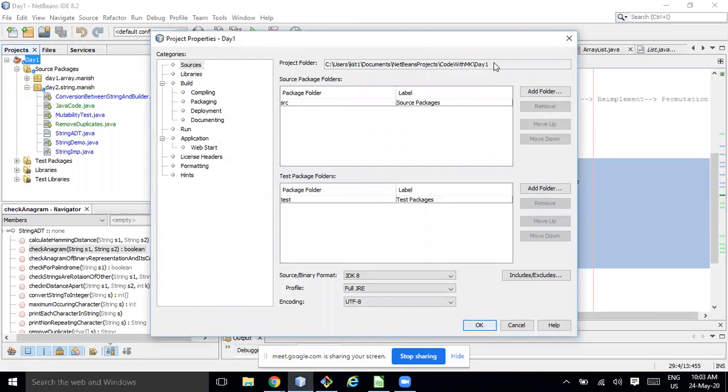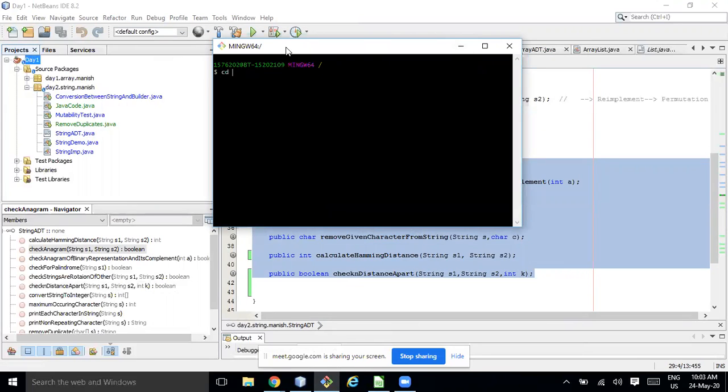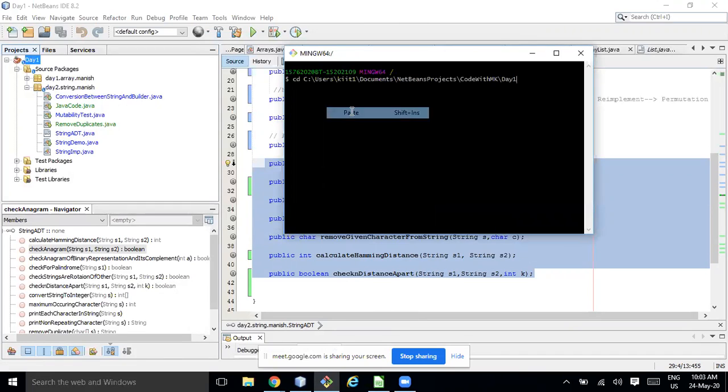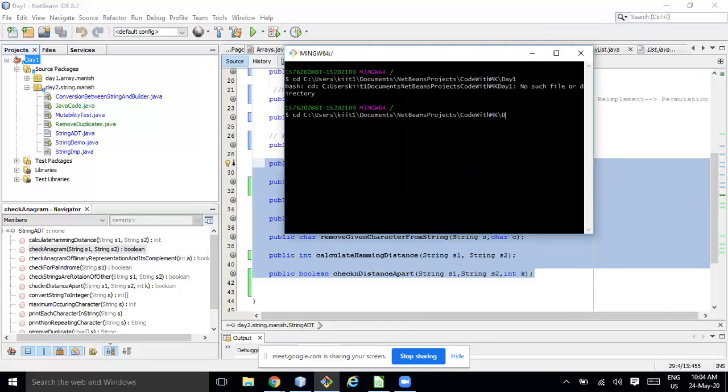For those who are not aware of how to push the code to GitHub, you can refer to this. This is Git Bash. I'm going to the directory where my code is. Okay, so this is the project. Should work, right?